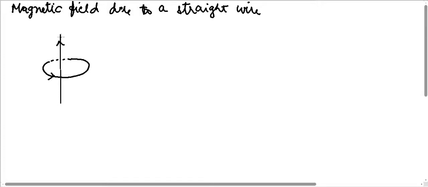If the direction of the current I in the straight wire is going up, then, applying our right hand thumb rule, our fingers will curl in the direction of the magnetic field, which I have summarized here. The direction of the magnetic field will be anti-clockwise like this,